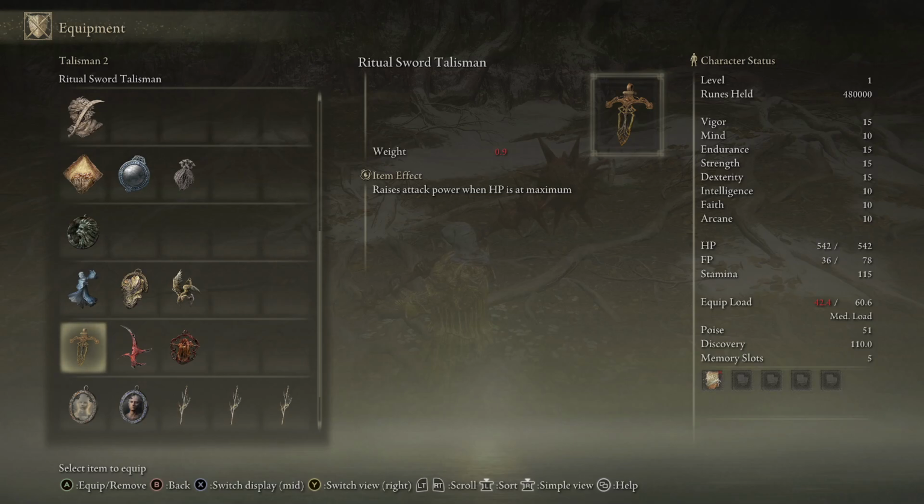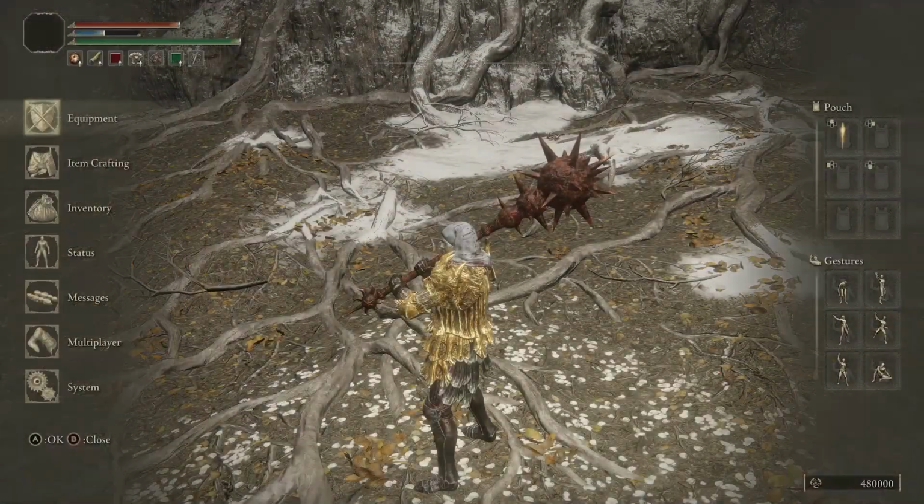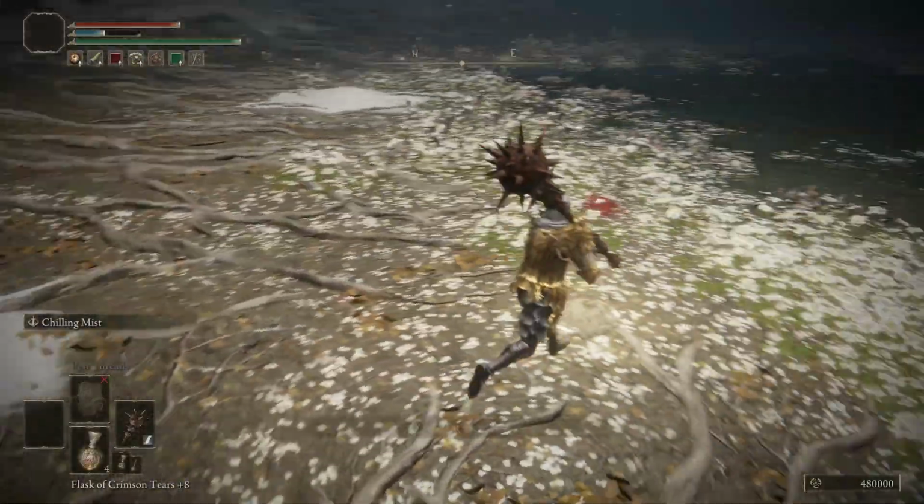Ritual Sword Talisman, I used a good bit because we have such low health. Again, max health is easy as hell to do. And this one, I accidentally got this, but it really came in handy with Moog to allow me to one-shot him. And the most important things, besides all of that, is...